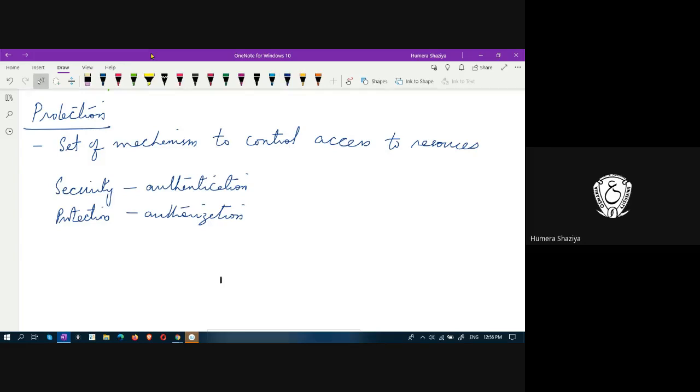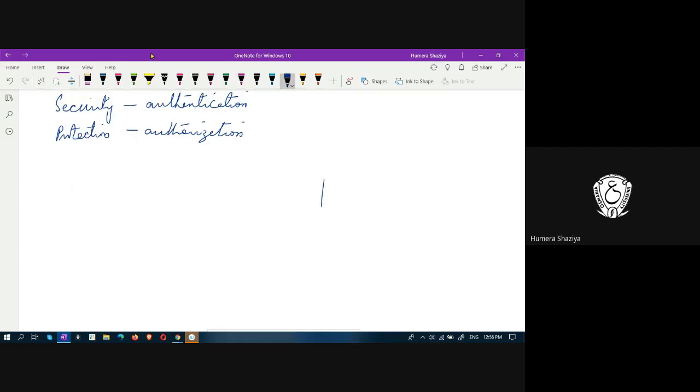I'll give you an analogy. Suppose this is a college, and this is the college boundary, and here you have a gate, the college gate. Here there is a watchman. Then a student arrives here. When a student arrives to enter the college, the student has to produce his ID card to enter the campus itself. There are some colleges that do not allow outsiders, right? How are they doing that? They are asking for the proof.